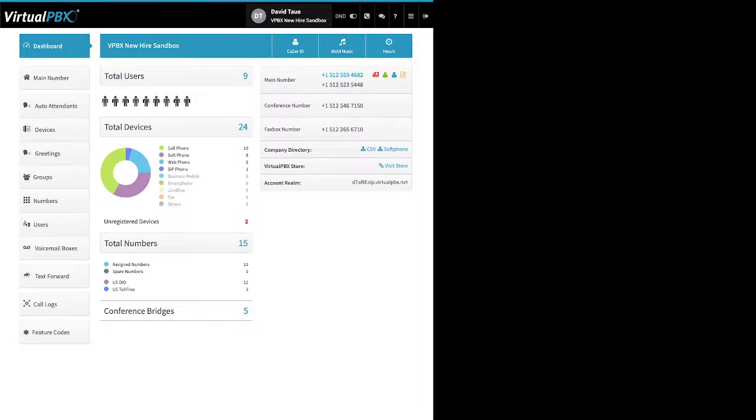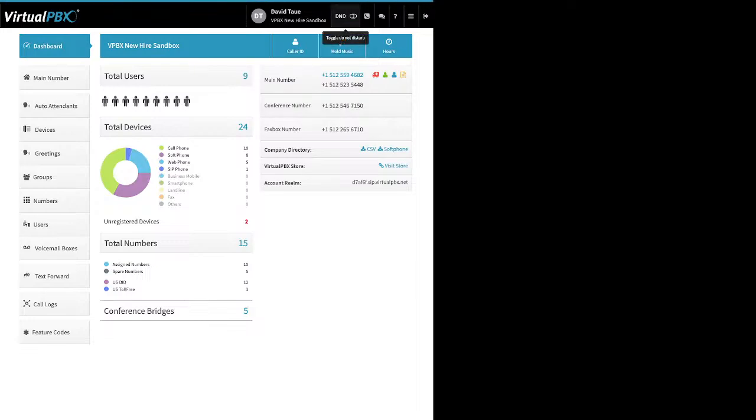For most of you, to the right of your name, you'll have this D&D toggle, right? D&D stands for Do Not Disturb. Right now, my D&D is active, right? Because it's slightly white there. So that means I'm not taking calls, right? So if someone calls into this system, dials my extension number, they're going straight to voicemail. I can click on it to re-enable taking calls,